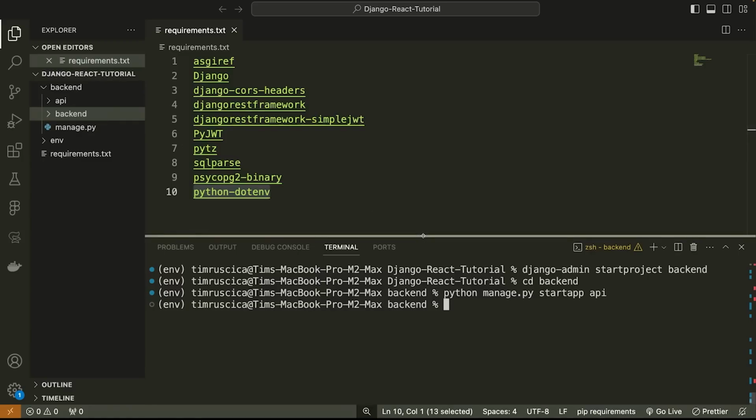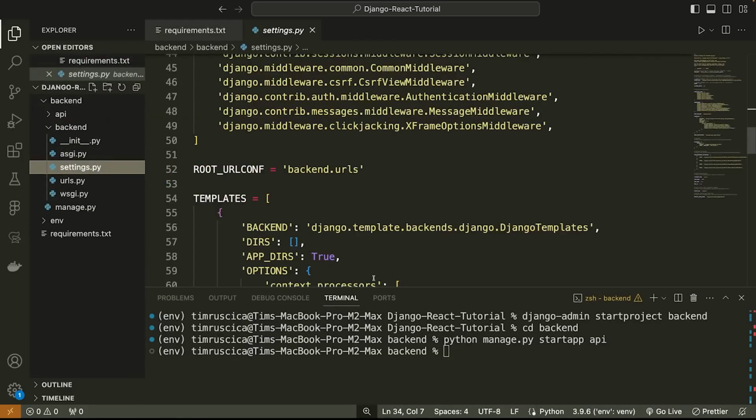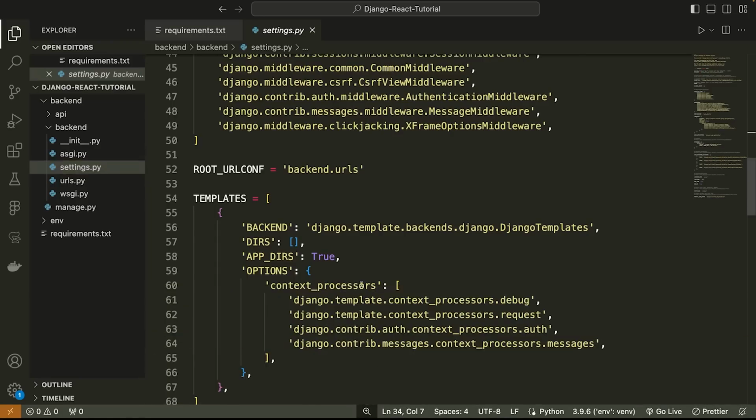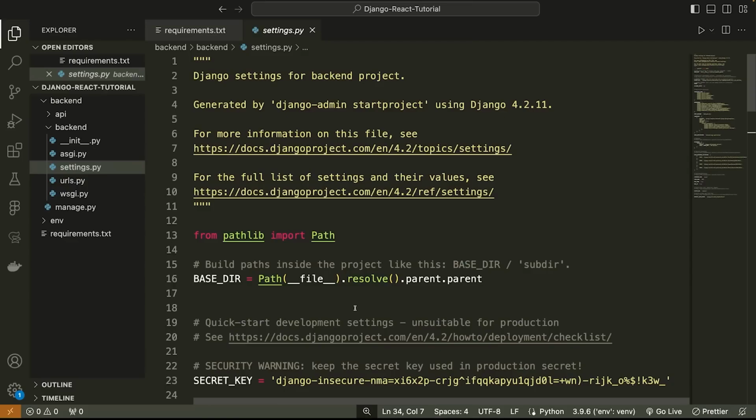we're going to go into backend and we're going to go into settings.py. Now inside of here, I'm going to put a bunch of settings that we need to write. It's very important that you watch this very carefully and do exactly what I do. If you miss even the smallest thing, it will mess up your project. So just be very careful here going through and following with what I show you. And if for some reason you're getting some errors, you can just copy the settings.py file from the GitHub repository,